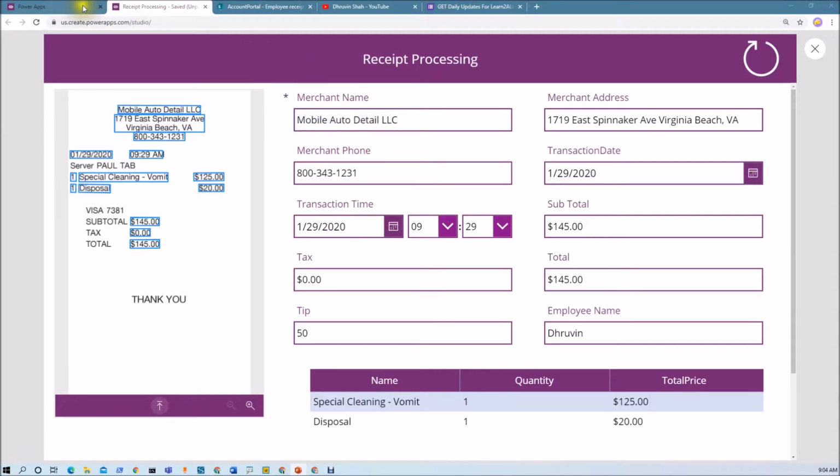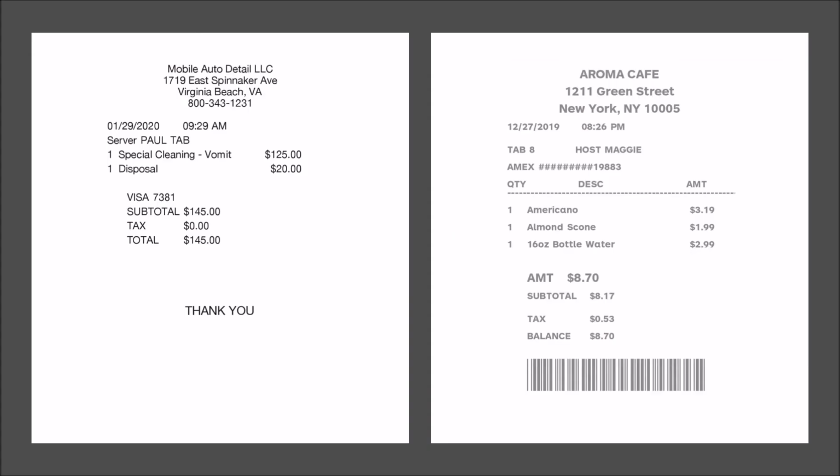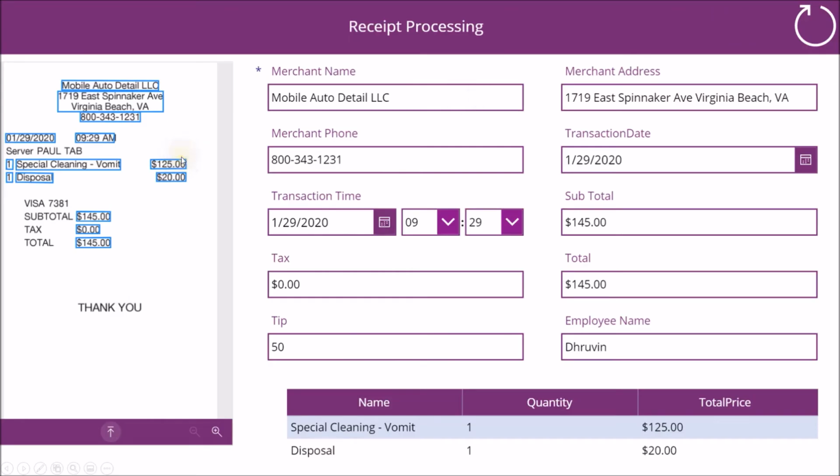Right, so now let me show you that in detail. First of all, let me explain the list schema. This is the sample receipt that we are going to upload during our scanning process. Here you can see the line items. For each receipt we have different line items. So for line items we have created a separate list, and for the parent information we have created another list, right? So we have a parent-child relationship over there.